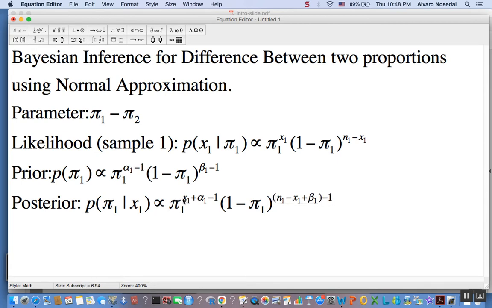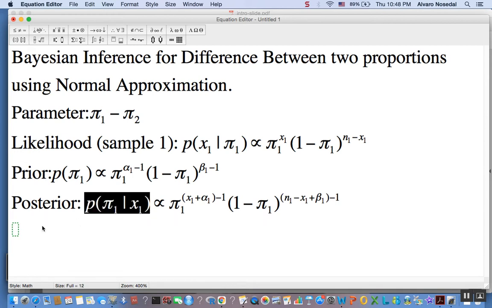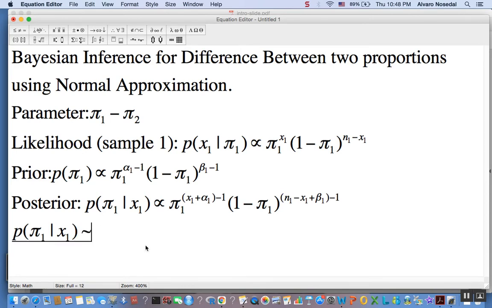So when we compare that kernel, that expression, ignoring the normalizing constant, we realize that, as we already know, we end up with a beta, but now the parameters are different. So our posterior distribution also has a beta distribution, just like the prior, but now alpha 1 star, because in this case we're going to have two of them, alpha 1 star